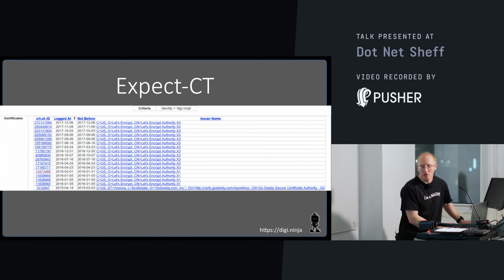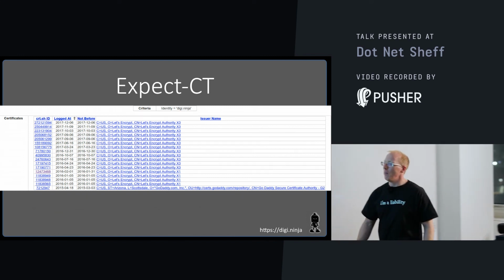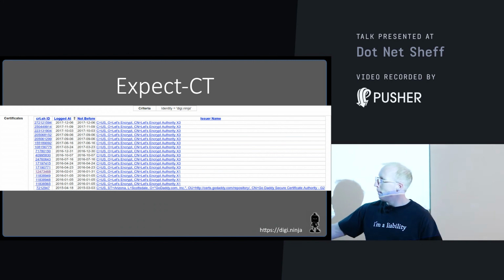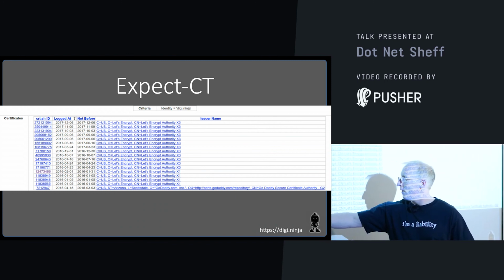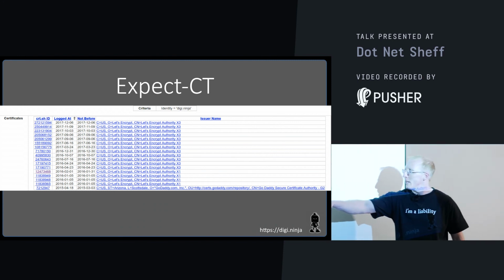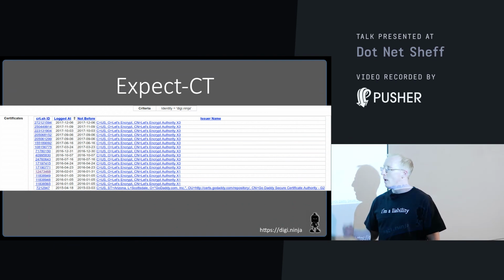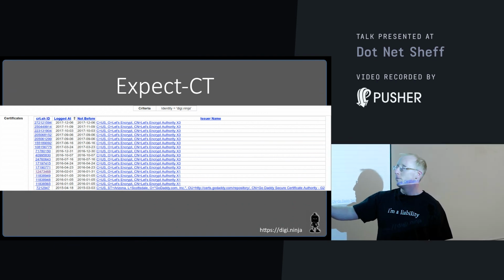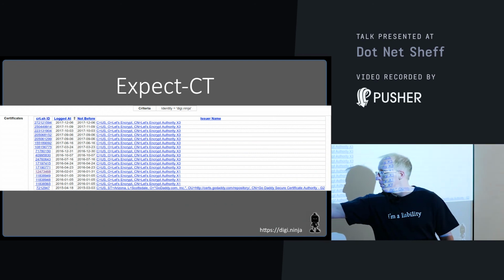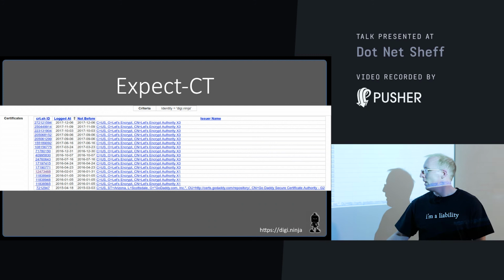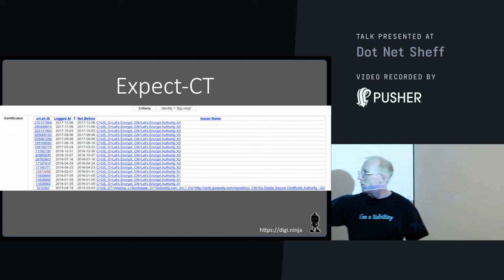Oh yeah, there you go. I thought I'd put a slide in. So this is an example. This is from my site. Back in 2015, I was using GoDaddy for my certificates. And obviously back then, they'd started doing certificate transparency. In January 2016, I changed to Let's Encrypt. If you have a look,